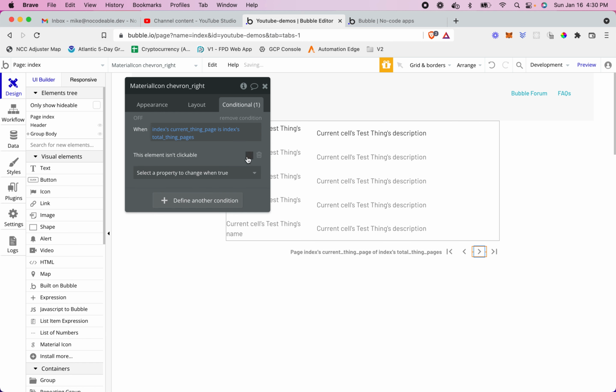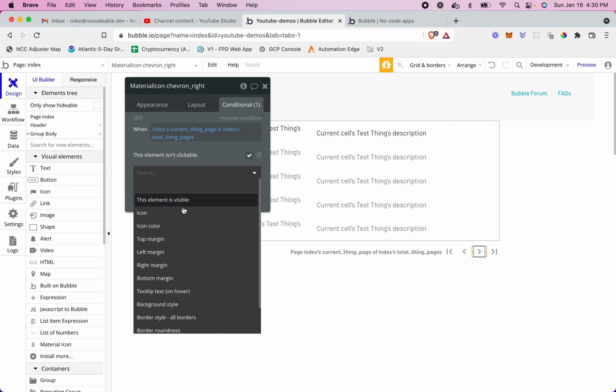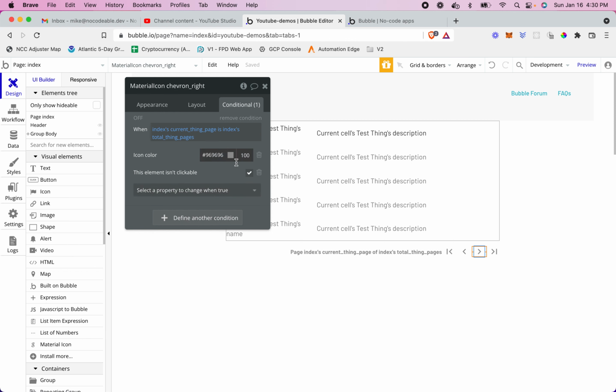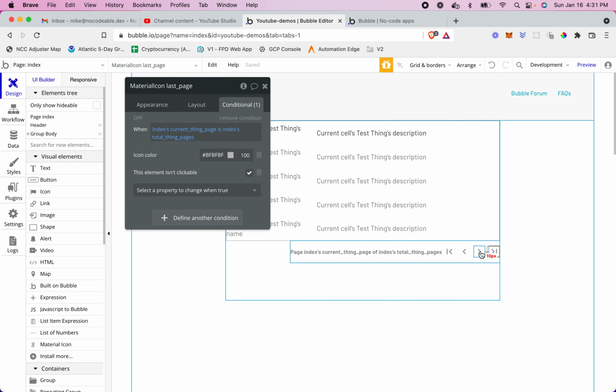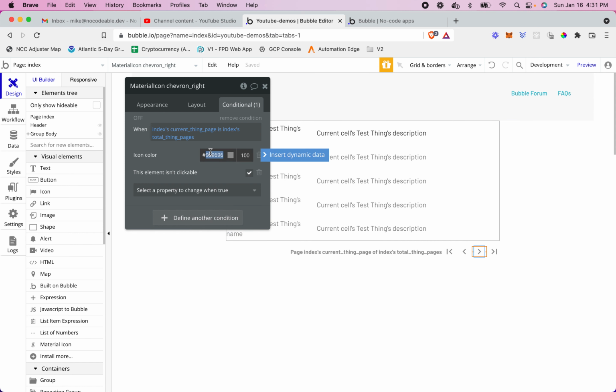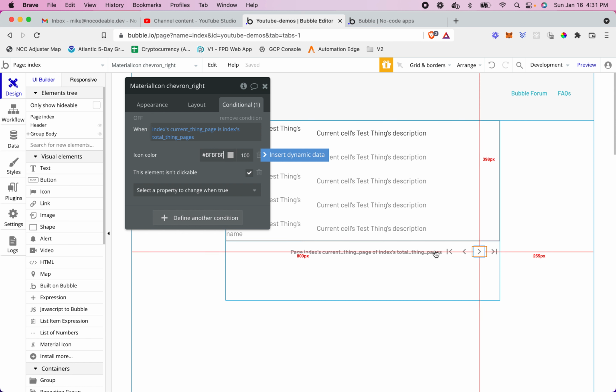This element isn't clickable, click that, and then say icon color. Let's see, and what was our icon color? BF, BF, BF. So this is, okay. And I'm going to do the same,